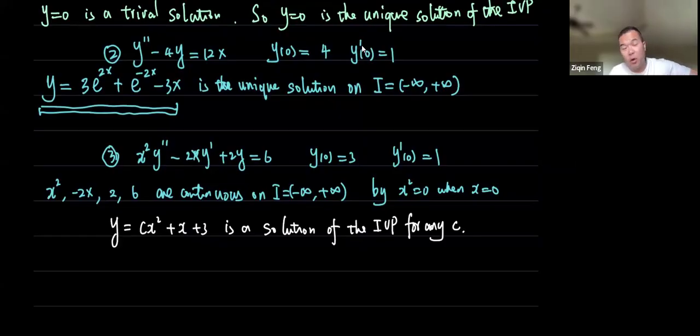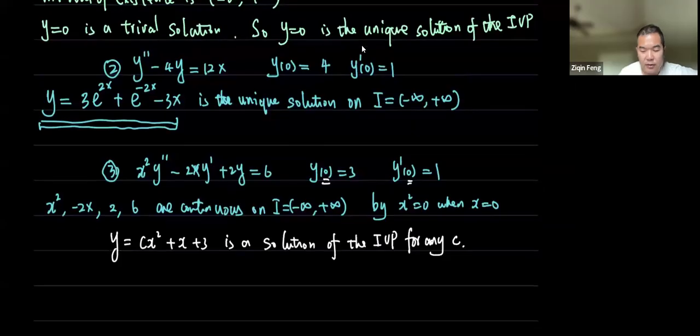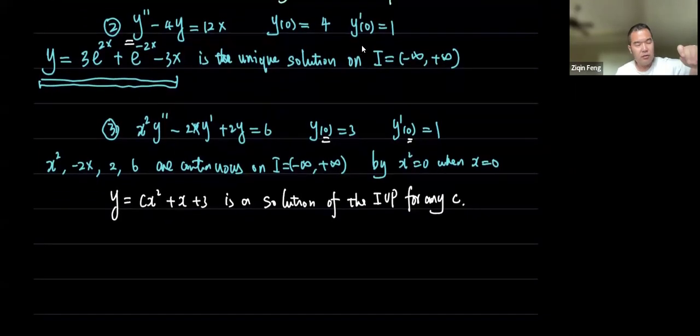are continuous over some interval which contains the point of the specified initial condition, right? And I contains 0 in this case, right? And also the leading coefficient is never equal to 0 on I, then the solution is unique. If you have a solution, you get a unique solution, right? The solution must exist. Okay, now let's go to our second class of problems,